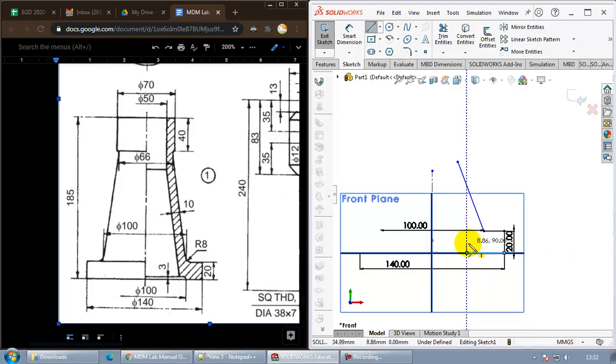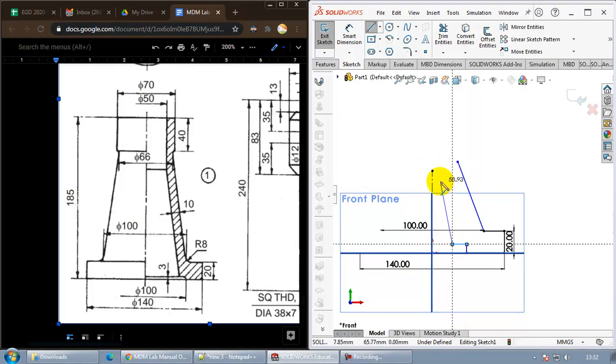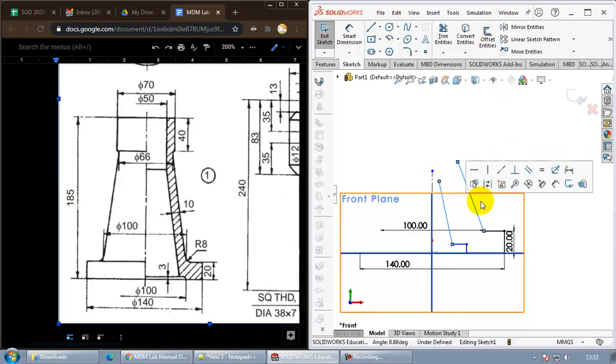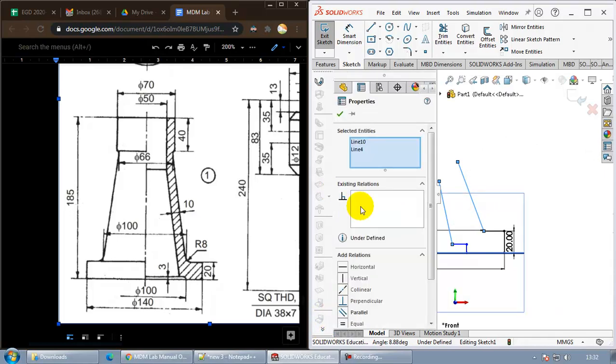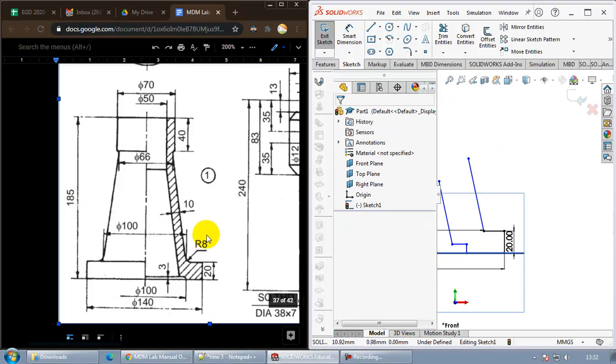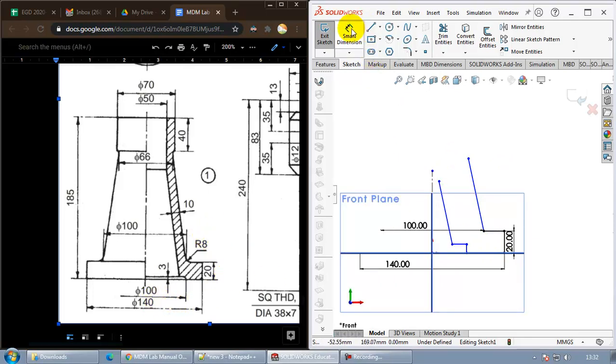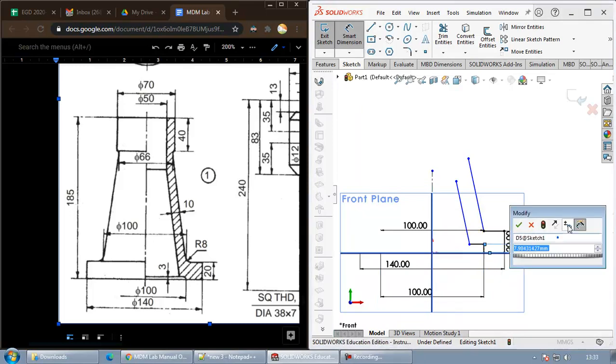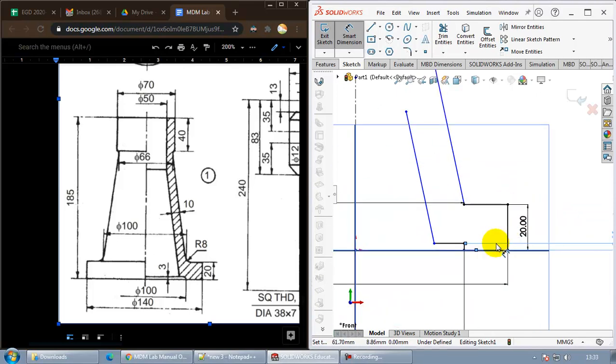I have to go straight here, then slightly up, then straight here, then I need a parallel line set to this. I'll create this first, then select both these lines by pressing Ctrl, and when you do that, you will get the constraints that you can apply here in the navigation. I need these two lines to be parallel, so I've selected that. Then there are some more dimensions. Let me take this dimension. This is the diameter again, it's 100, and the height of this is just 3 mm.